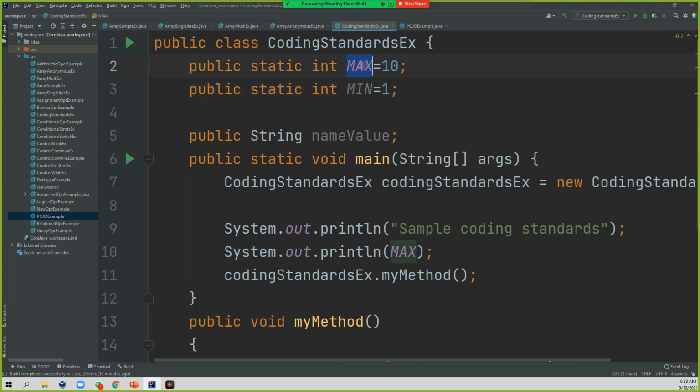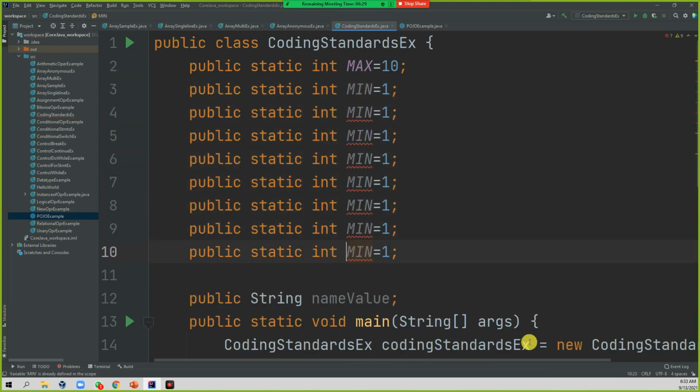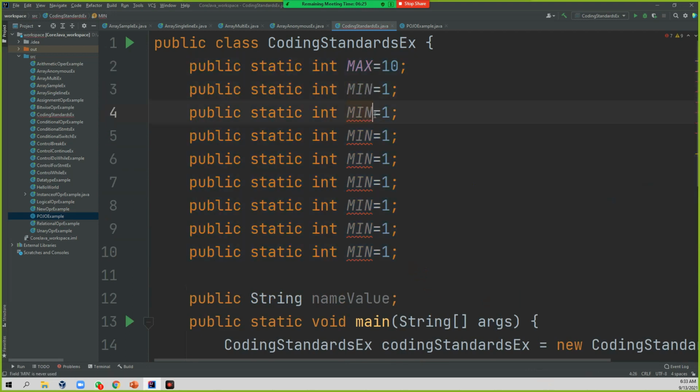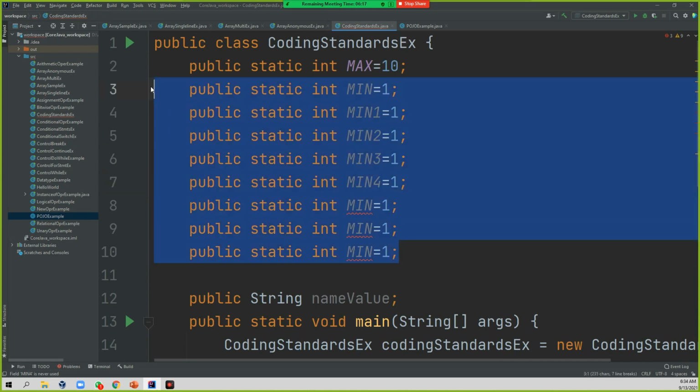I have two static variables, max and min. If I had two more, I could write them like this, min 1, min 2, 3, 4, and there is no harm to your program, but this does not look good.